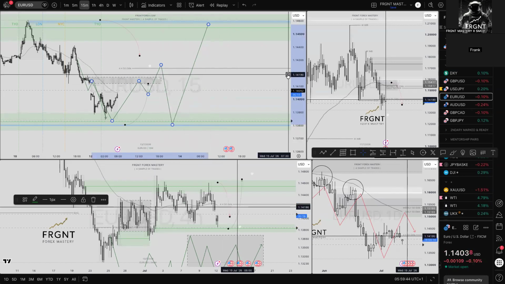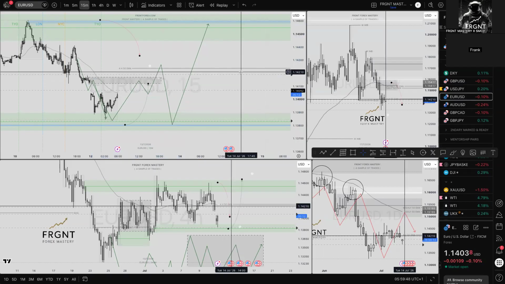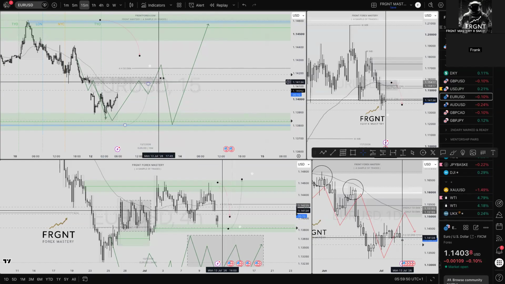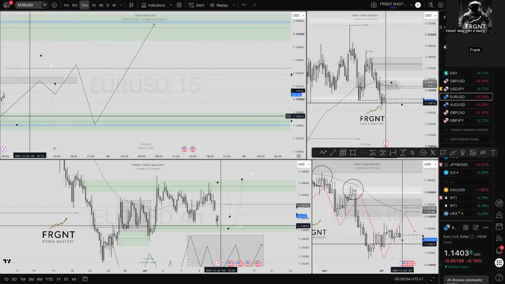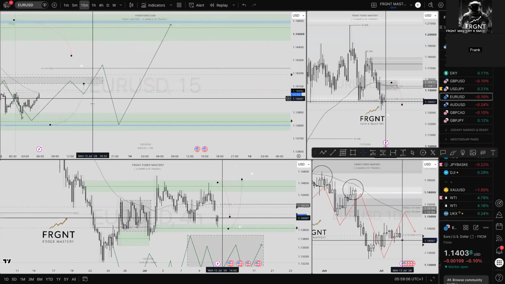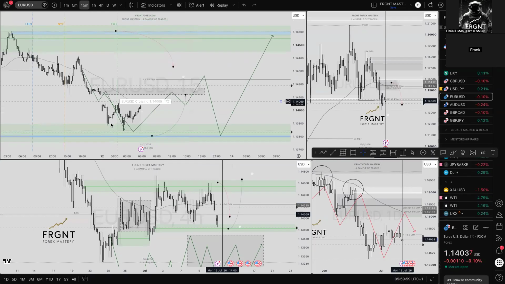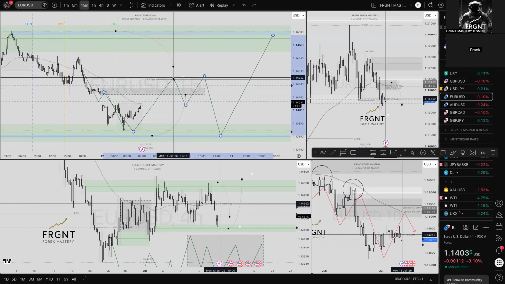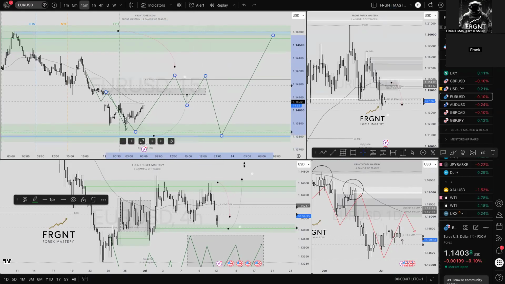I'm going to need, unfortunately, the confluence of the gap fill. I need it to actually be filled to take that long position. So that's all what I'm waiting for on EU. Price needs to come into my 15-minute order block because I've done the analysis. So why would I not respect it? Even if price moves up towards those highs and breaks from wherever it is, I need price to return back to this. If it doesn't return back to this, it's no trade.